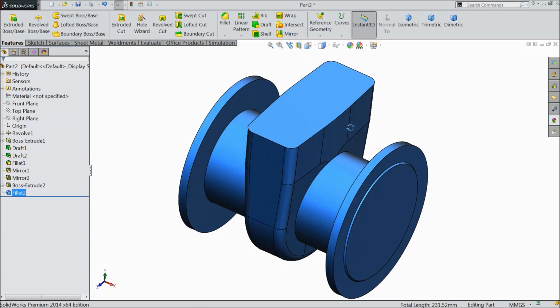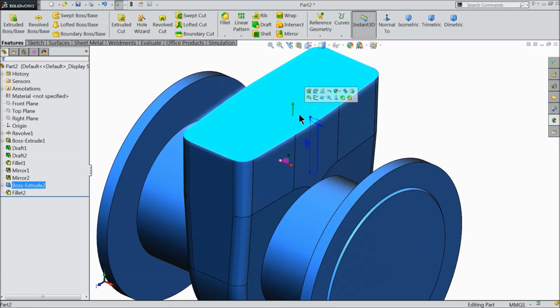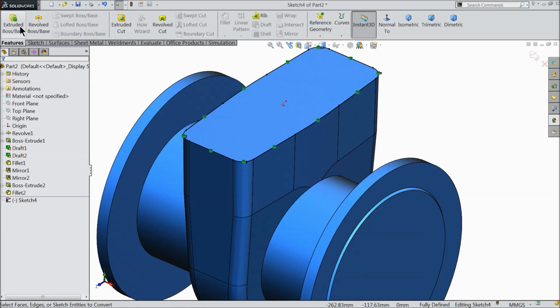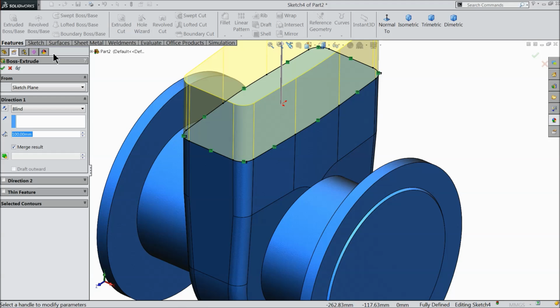now you see. Now again select the same upper face, sketch, go to sketch and select convert entity. So this will be converted. Select extruded boss, and this time extrude up to 75 millimeter, merge result. No need to keep any angle. Okay,